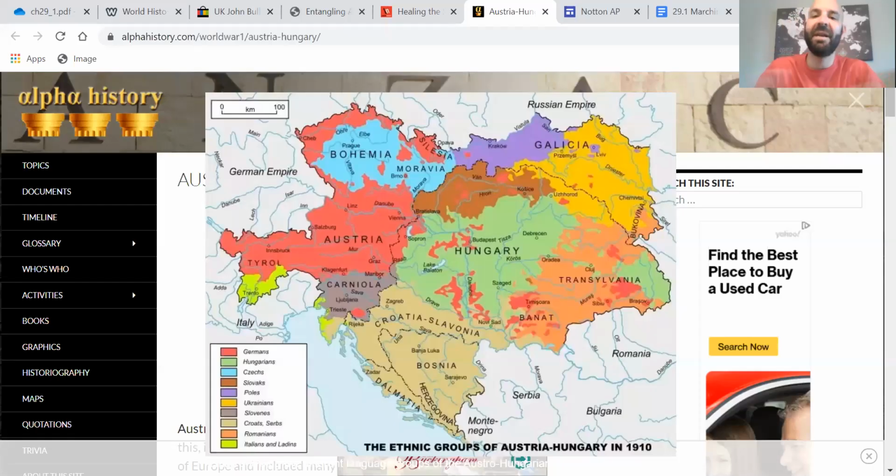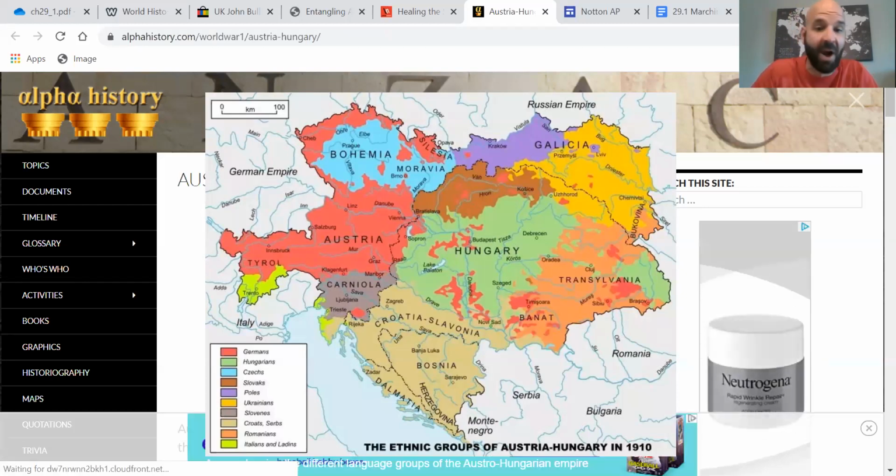There we go. The major power here is the Austro-Hungarian Empire. Now, the Austro-Hungarian Empire is this big, huge empire ruled over by Austria. It's been there for a number of centuries, and it is German-speaking people that rule over this empire. However, there are many different nationalist groups who live in here, and they all want their own nations, but the Austro-Hungarian Empire will not allow that to take place. Just looking at this map, we can see that there are Hungarians, Czechs, Slovaks, Poles, Ukrainians, Slovenes, Croats, Serbs, notice that, Romanians, Italians, a whole bunch of others. It is a veritable potpourri of people, right?